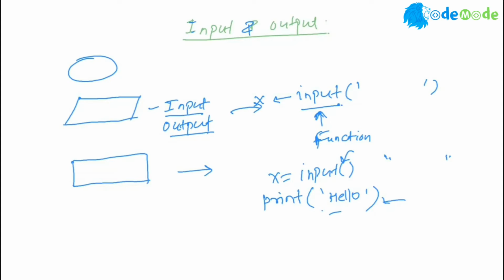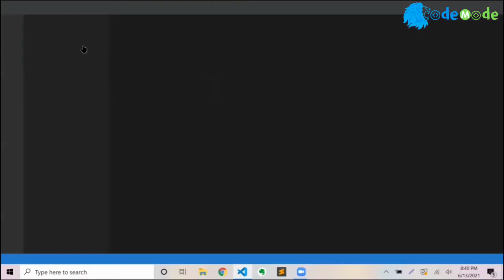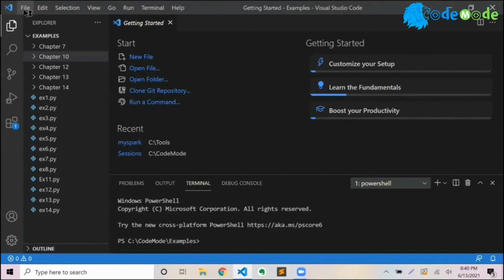Let me share my screen here, and let me put a new folder here. I'll post a link of this so that all of you see it. So let me put chapter 6 here.